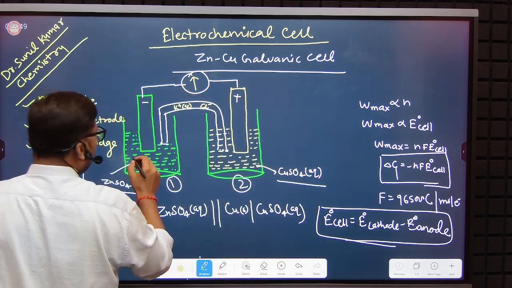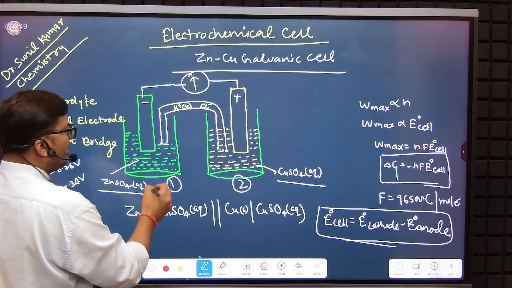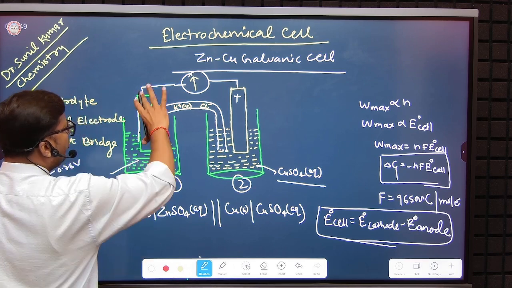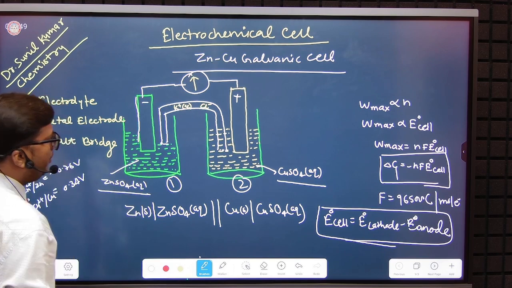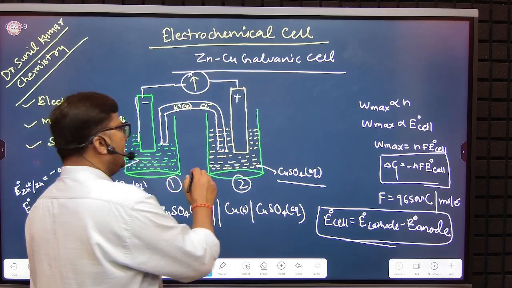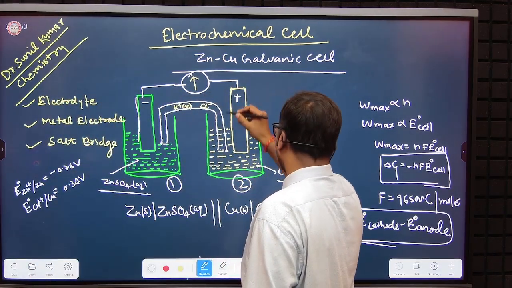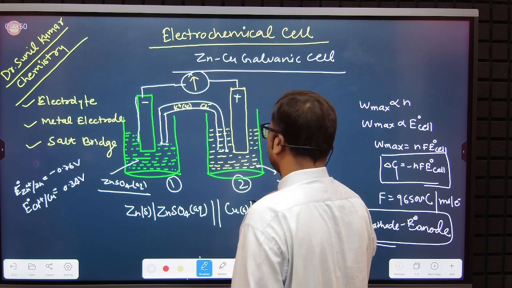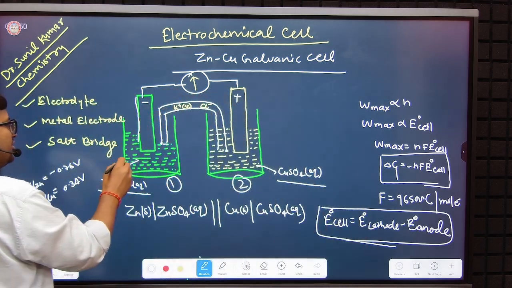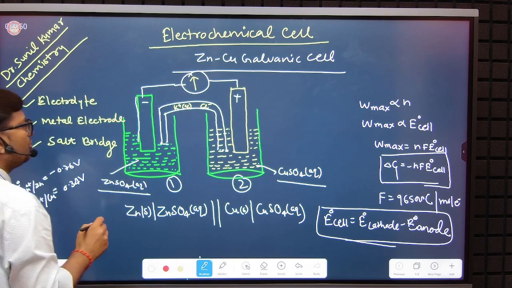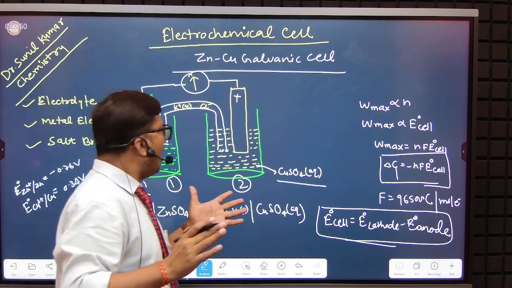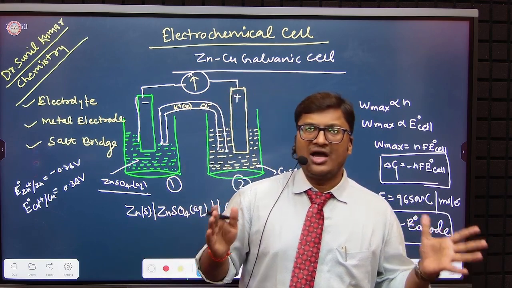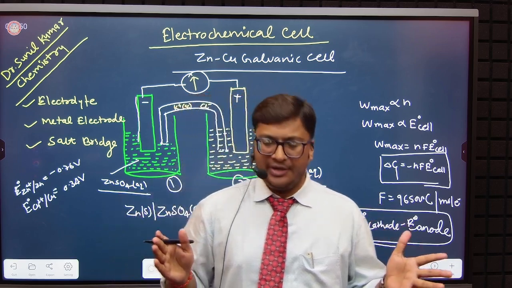And in these two containers, in the first container we have dipped a zinc plate, and in the second container we have dipped a copper plate, right? So the copper plate is dipped in copper sulfate solution, and the zinc plate is dipped in zinc sulfate aqueous solution. Here all electrolytes are obtained through dissolution of a particular salt, zinc sulfate and copper sulfate, in